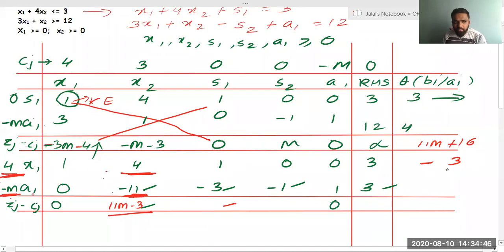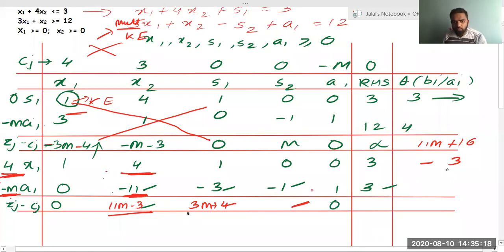When we are doing it this way, the Zj minus Cj way, we need not divide by the key element. Whenever we are cross multiplying, we divide the multiplication value by the key element. Always remember this. So I am preferring this way. 1 into 0 will be 0, right? This will be 3m plus 4. Now I have to divide it by 1. Luckily we are getting the same answer. So this is going to be 3m plus 4 divided by 1, which is equal to 3m plus 4.